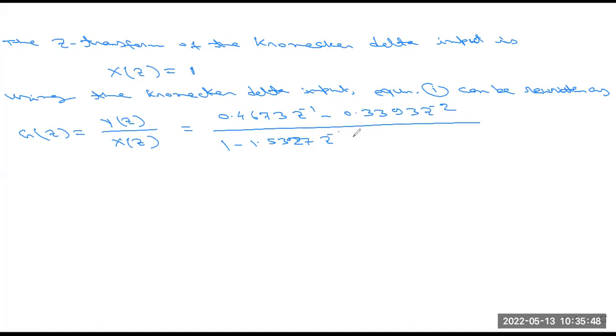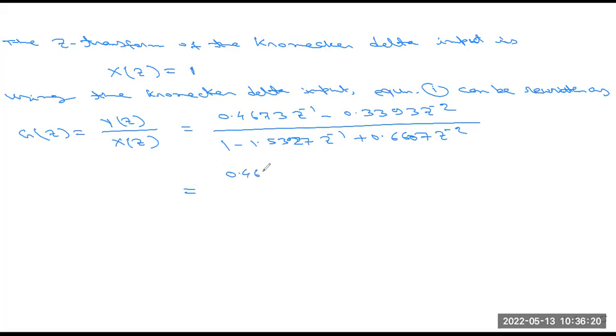1.5327 Z inverse plus 0.6607 Z inverse 2. Now you have to calculate the highest power, that is Z inverse 2, in the negative regions also. So we have to accommodate this power, and it is converted into another form also. So we have to write these equations,